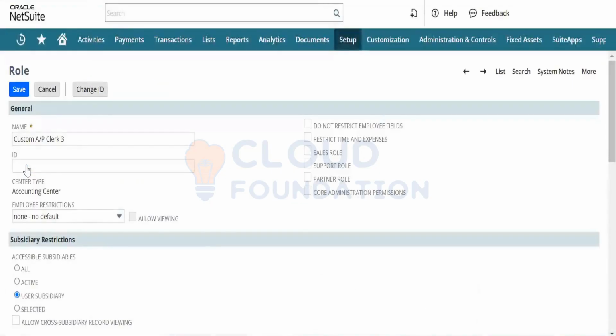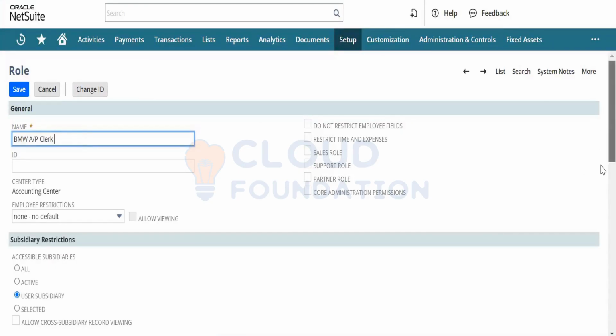So this is the roles page. Now here you can actually change the name of this. This is not a custom thing. Say we are dealing with a BMW client, so I can say BMW AP clerk. So likewise, I can create a BMW AR clerk, BMW accountant, BMW administrator, BMW CFO. And I will use only these roles. I will not use the standard roles. The reason behind not using the standard roles is there might be some permission